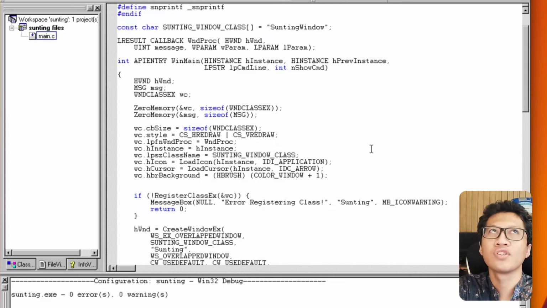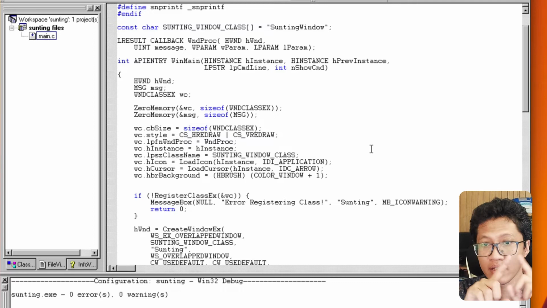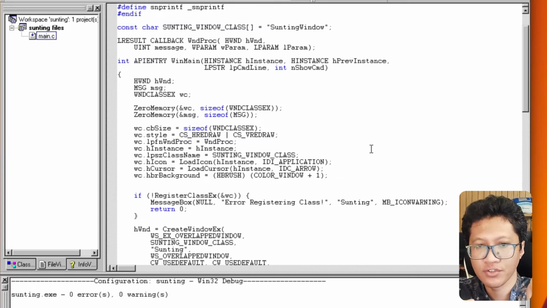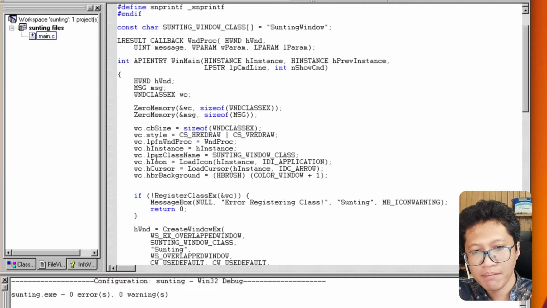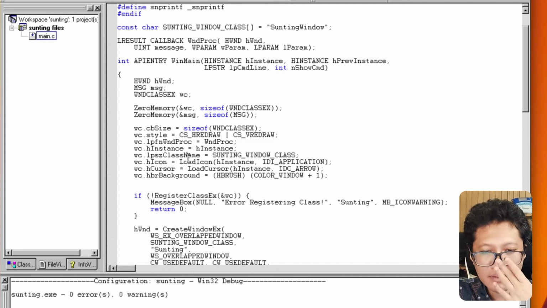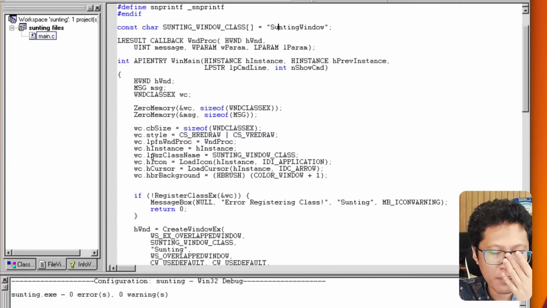HInstance: before Windows 95, every application had its own instance of the application, right? So this HInstance holds the pointer to that instance object. And then also this is LPSZ class name, which means long pointer to zero-terminated string. It is basically a zero-terminated string. And how is this a long pointer? Yes, because it is a far jump on pre-32-bit